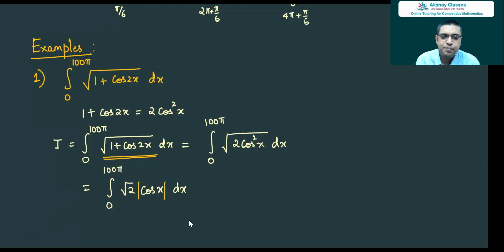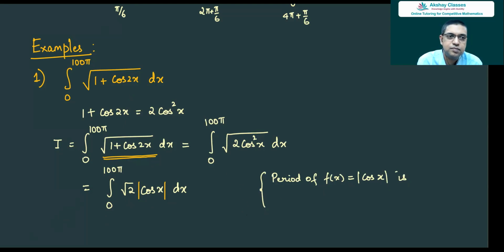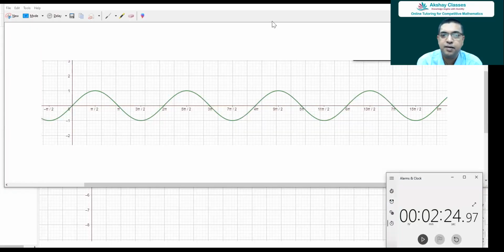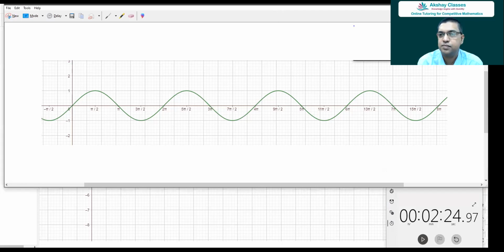Now, what is the period of mod cos x? What is the period of this function? Answer? Anyone? The period of this function is pi. The period of modulus of cos x is pi because